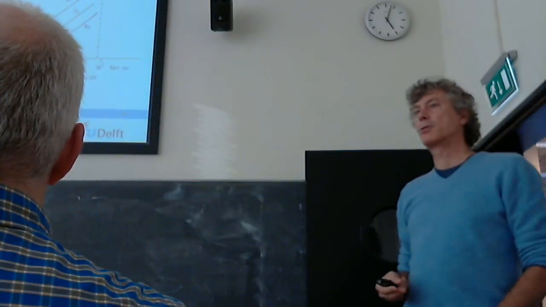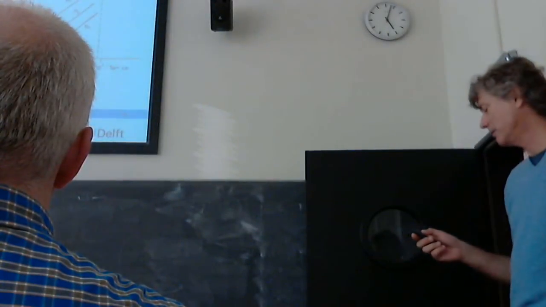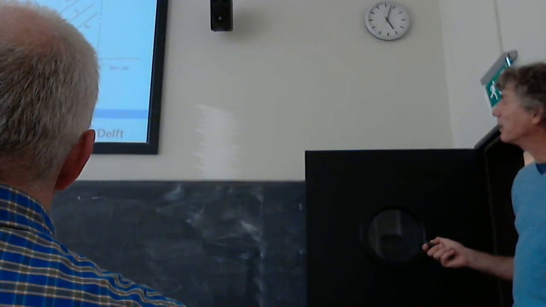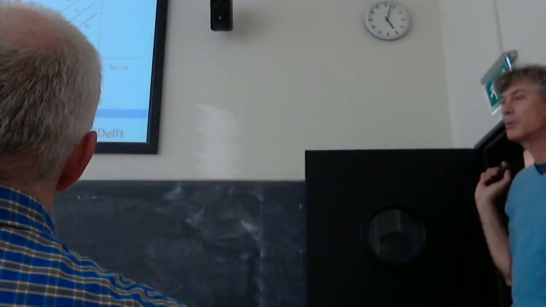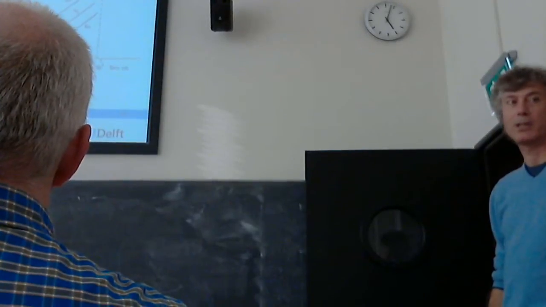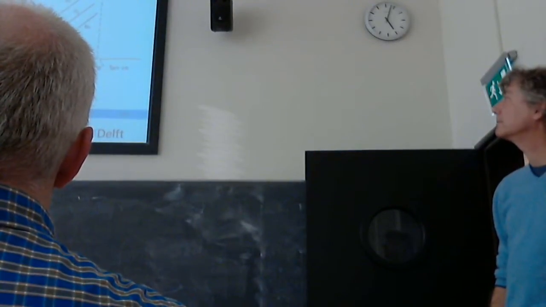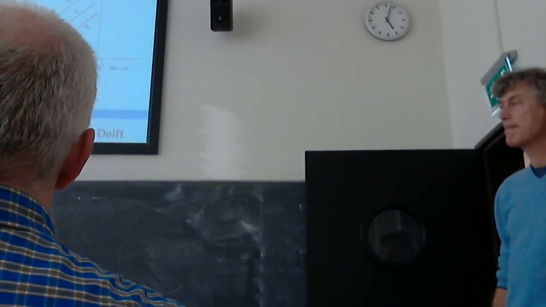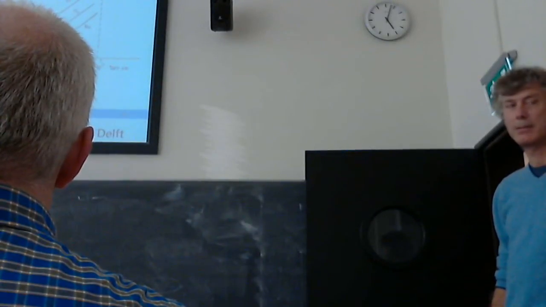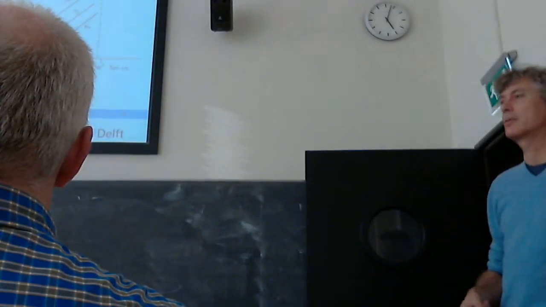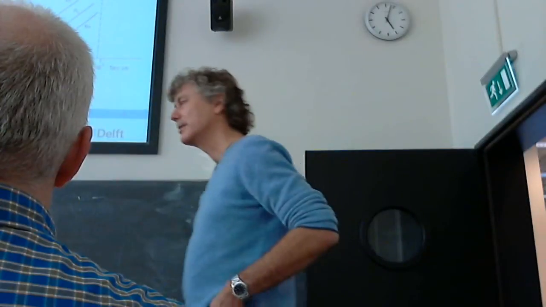One of the things I could ask the students at the exam, let's see if I get all the attention now, is please explain to me why we have a minimum here, why the breakdown voltage goes up here to the left and also to the right. You think you can do that? The pressure is also inside the logarithm and also outside of it, so it's the same thing as we said, that it's diminishing the alpha as well as it's increasing the alpha. Yeah, it has to be. I think you can do it. Okay, increase the distance.